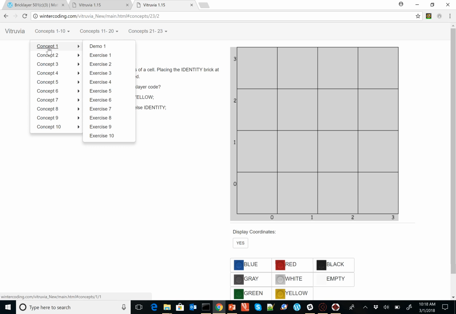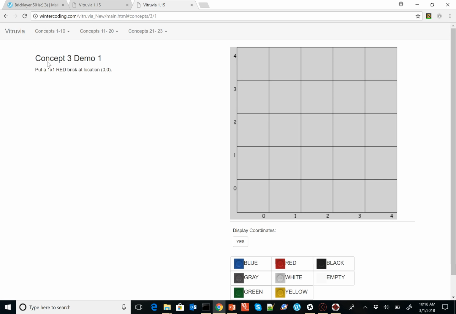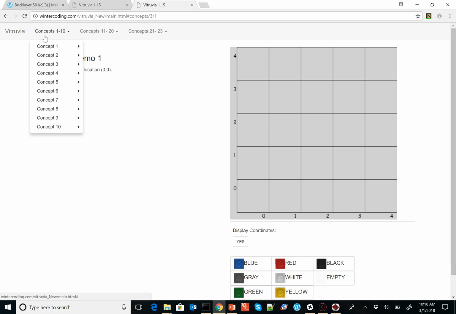So the first concept just tells you about coordinates. We skip concept 2, that's for kids that want to think outside the box a little bit. Concept 3 just tells you sentences of putting bricks at certain locations. What does it mean if a brick is bigger than a cell? In English, we get practice with this, and then eventually we translate that English understanding into code. Somebody should be able to write on a piece of paper a sequence of instructions and give a kid a base plate and a bucket of Lego bricks and say, build what it says in this document. And once you're comfortable with that, one human communicating to another,